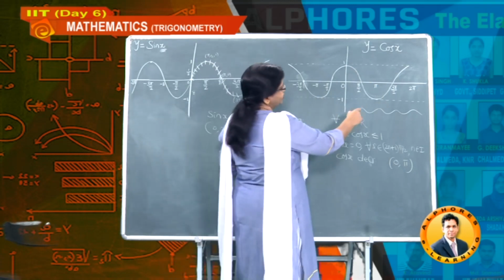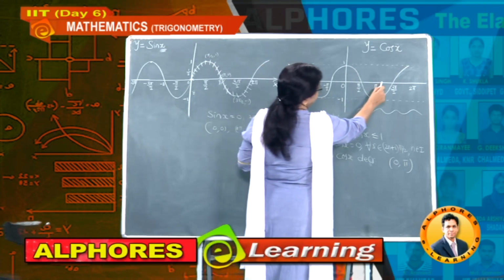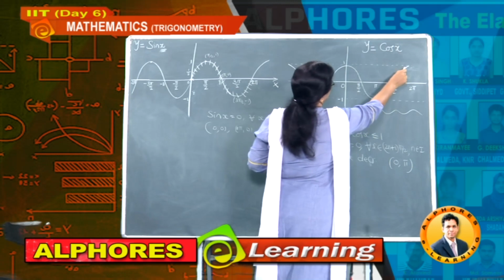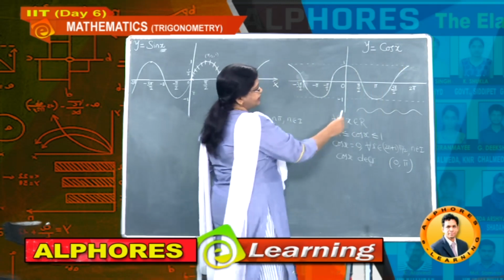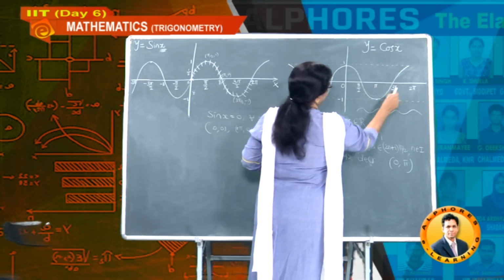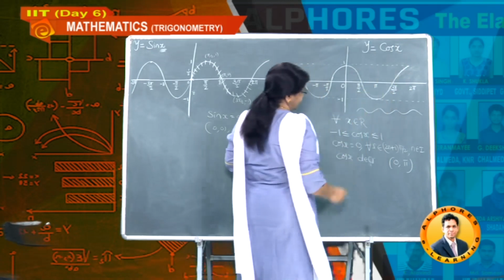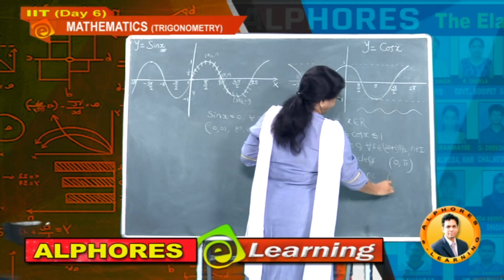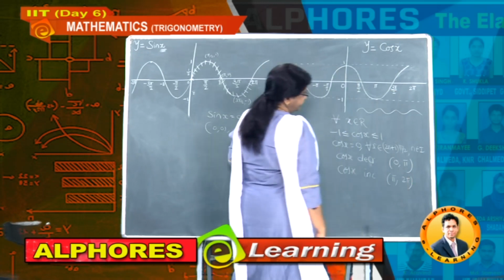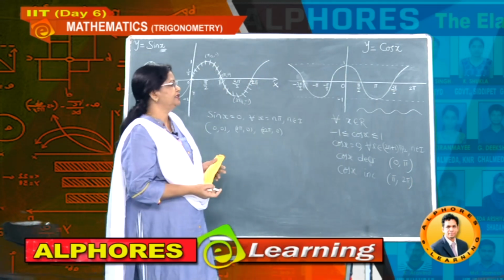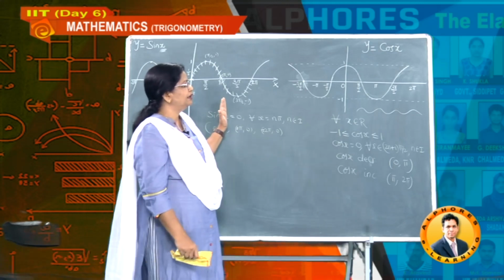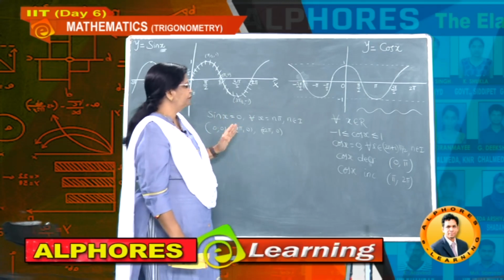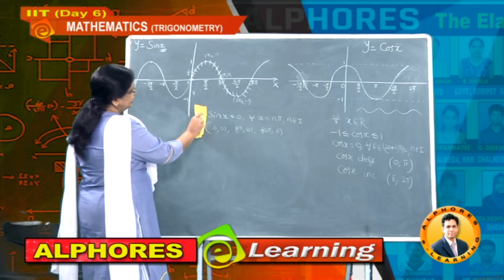And next again the cos x function increases when x is increasing like this, correspondingly slowly y values also increase. Therefore as long as x is increasing, correspondingly y values also increase, and hence cos x increases in the third quadrant and fourth quadrant, that is (pi, 2 pi). In this interval you can say it is an increasing function. So students, these are the sine function and cos function we have observed. And next immediately we can take cosecant and secant also.